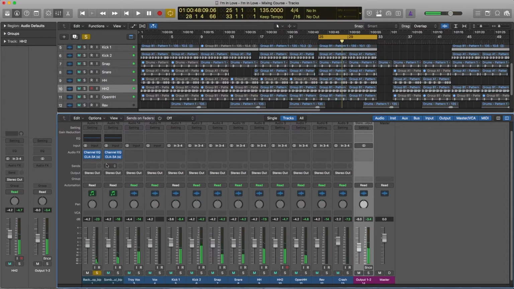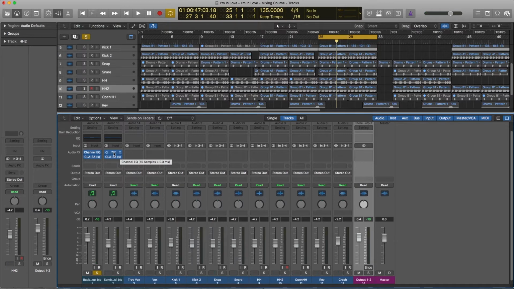So I'm going to solo this track. And you see how it gets low when I take that compressor off. And that compressor brings that volume up. So that's what the compressor does. So we're going to go in, add these EQs and